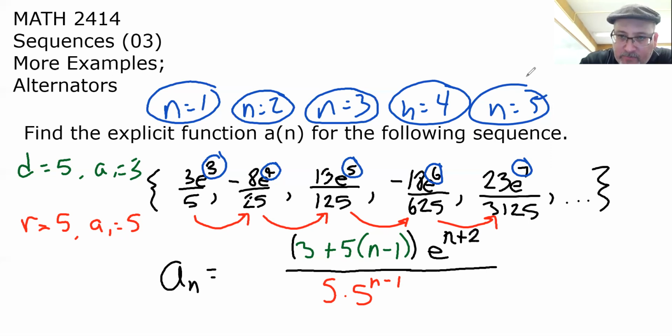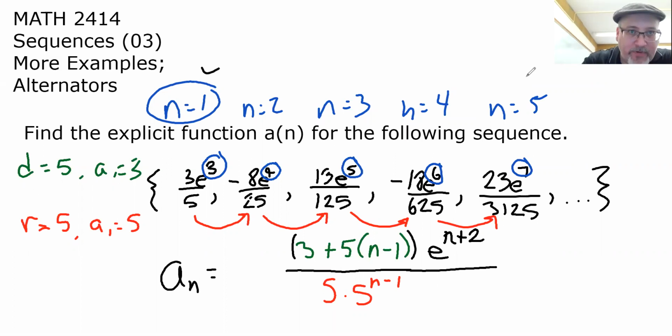Now you could also argue that the e's form a geometric sequence, because what's the ratio of e to the 4th to e to the 3rd? E. What's the ratio of any 2 consecutive e's? E. So we could play the geometric sequence game there as well, but again, if you just have powers of a common base and they're going up by 1, then you just have to shift your n from 1 to whatever it needs to start at. In this case, to get from 1 to 3, we just have to add 2. All right, so now we've got